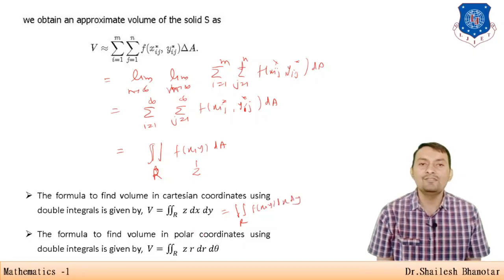Also you can consider this when you write in polar coordinates. In that case it is clear that x equals r cos theta and y equals r sin theta. So what do you have to consider? Only dx dy will change, and in that case we can write r dr d theta, and z is there. But suppose that z equals f of x, y, and if it is needed, in that case you may write x equals r cos theta and y equals r sin theta.